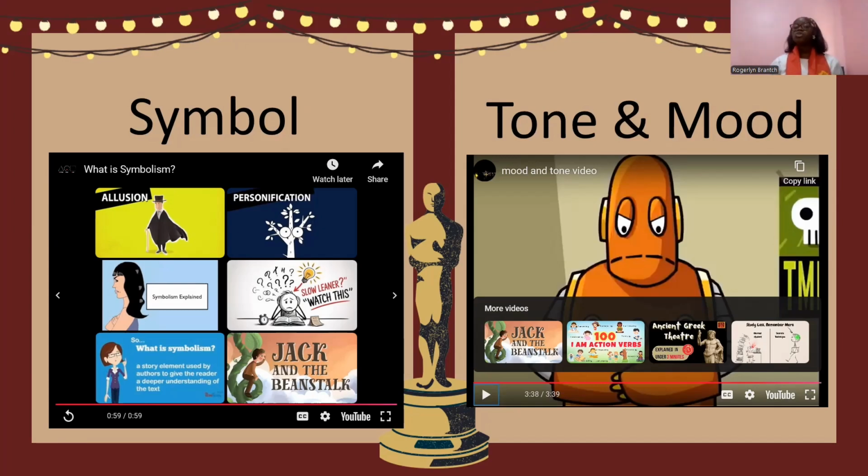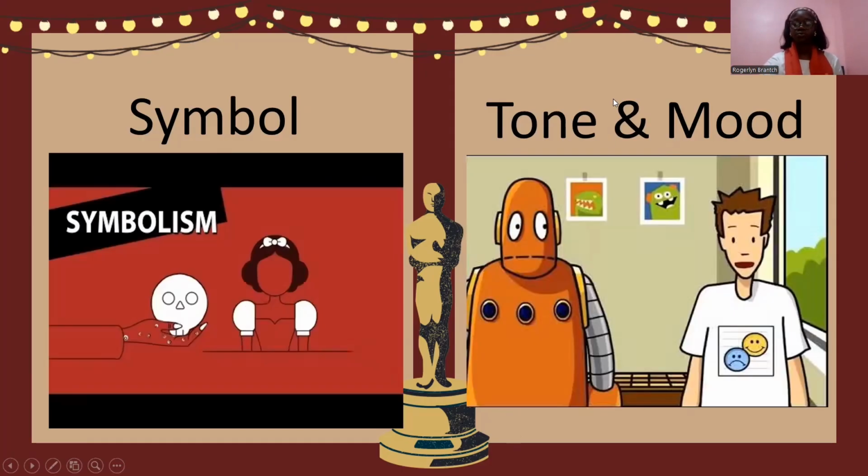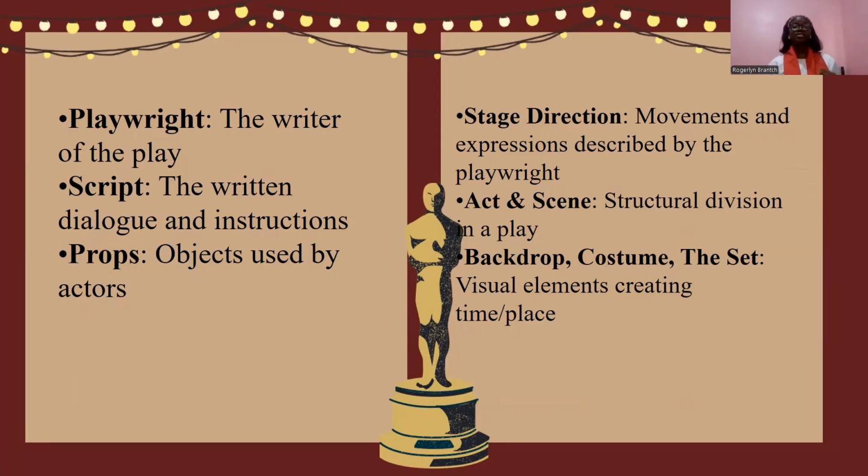You're just saying. So tone is a very important thing when we talk about dramatic techniques and how we portray a character's part. If you're playing a character, you need to be attentive with your tone when it comes to your script, because the thing you say can go different ways based on your tone. And then we have the mood. The mood is the way the characters feel, how you feel. So we have playwright, this is the writer of the play. We have script, the written dialogue and instructions.